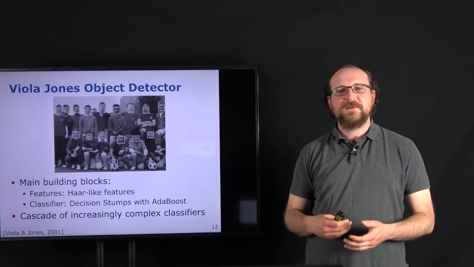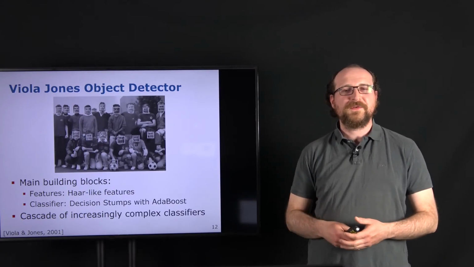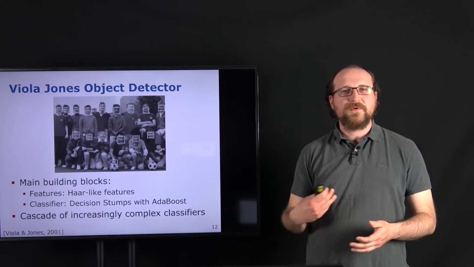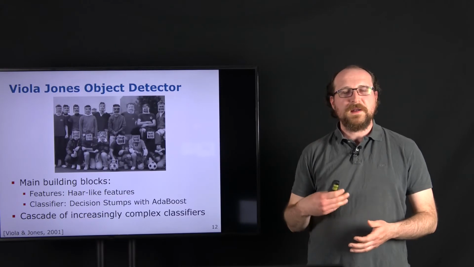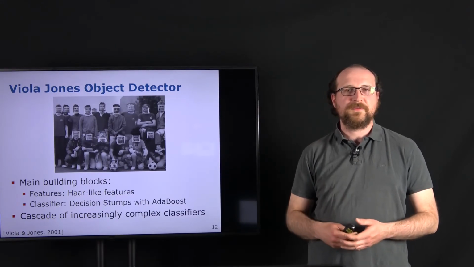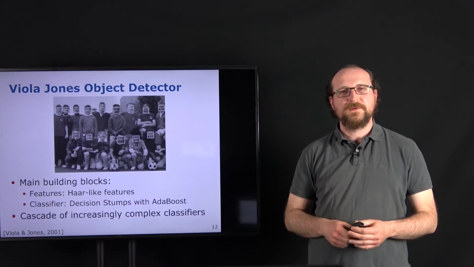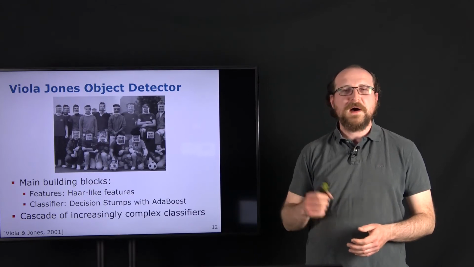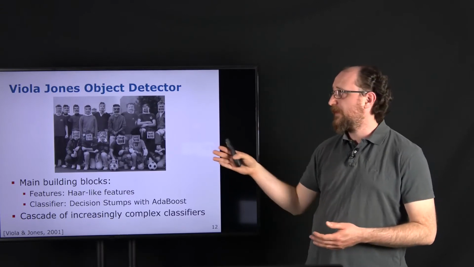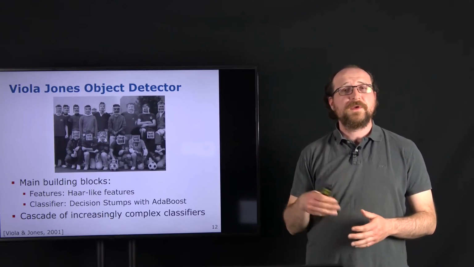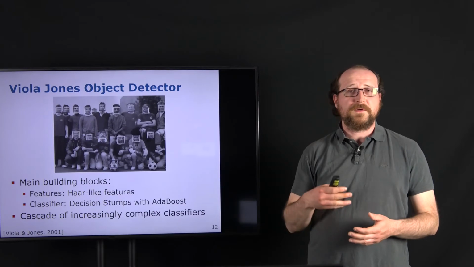For this face detection, the main building blocks for the Viola-Jones detector were the Haar-like features, and then our approach that we already discussed, AdaBoost, that used these Haar-like features. For the Haar-like features, they just used the decision stump, so just a simple threshold on these features that is then doing the classification. And one integral part of this whole detection to make it really fast, because you have to remember we're having a sliding window approach, we're sliding over the image, doing a lot of classifications there, and to get it really fast, also on the computers of that time,